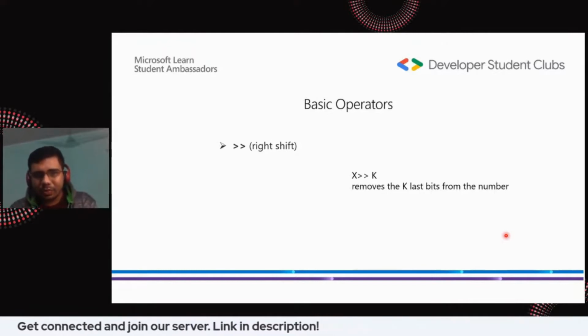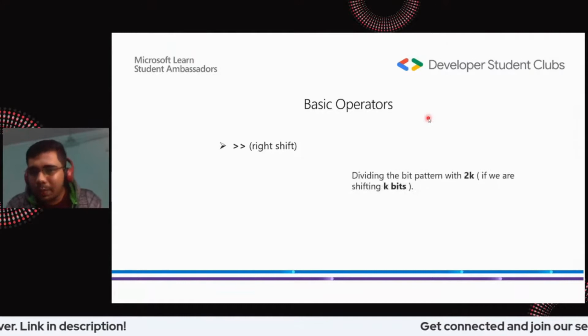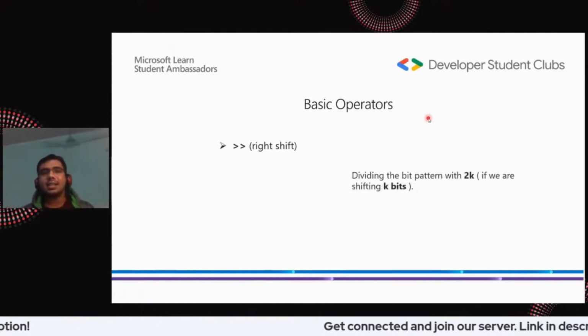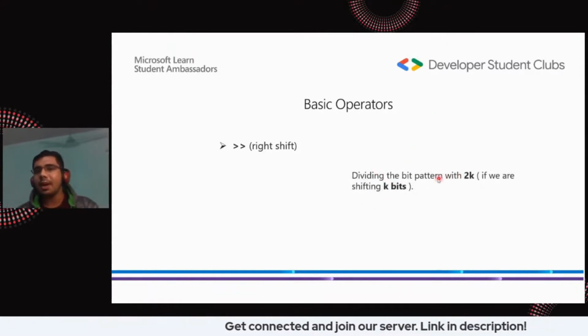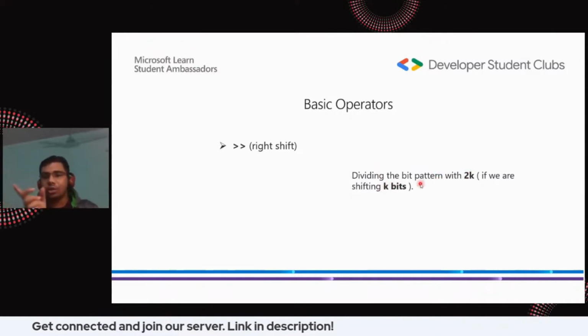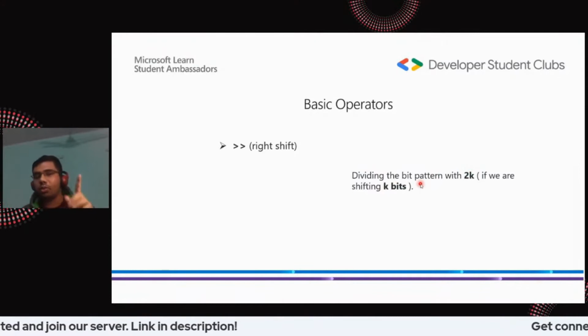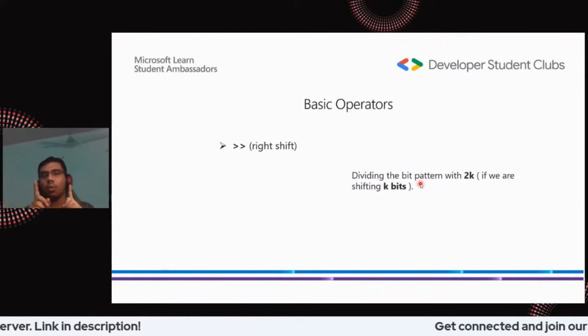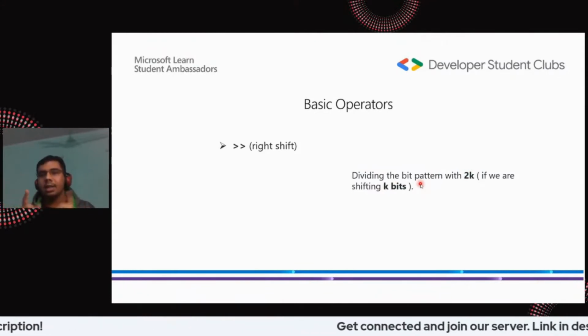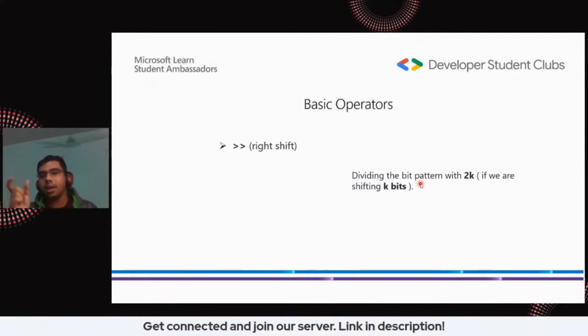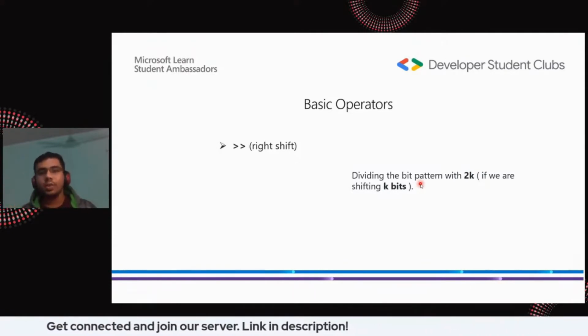Let's understand with some other examples. Look here. Right shift works in a sense that it divides the number by 2^k, where k is the number of bits we're trying to shift. In the example, we took 14 and right shifted it by 1. That would be 7, so we're just dividing by 2 to the power 1. The number of bits we're shifting is 1, so that would be 7.